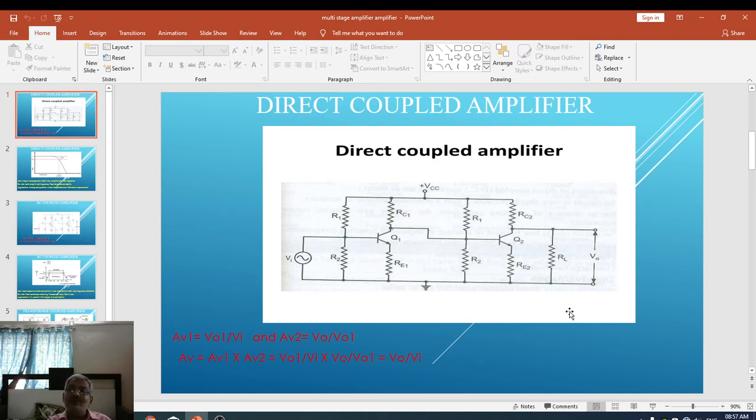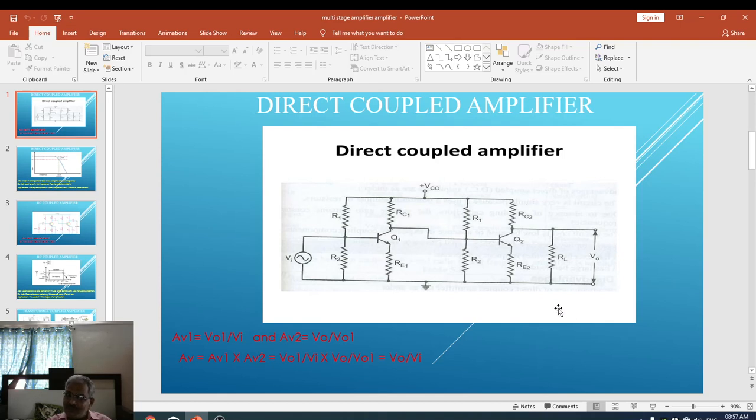Note down the voltage gain of the net amplifier. Means by changing the frequency of the input signal, we have to note down the net gain AV. Then plot the graph of voltage gain of the two-stage amplifier versus its frequency, so as to obtain the frequency response of the direct coupled amplifier. Thus we can say the frequency response of an amplifier is nothing but the graph of voltage gain of the amplifier versus the frequency.